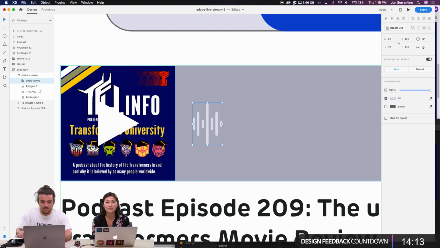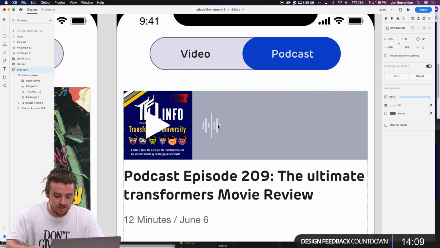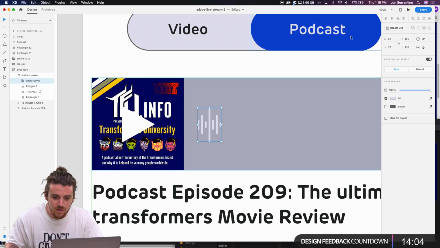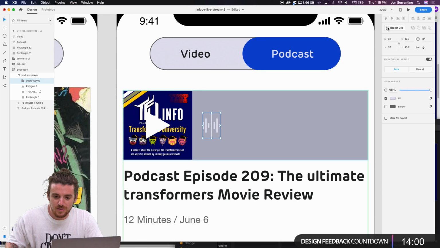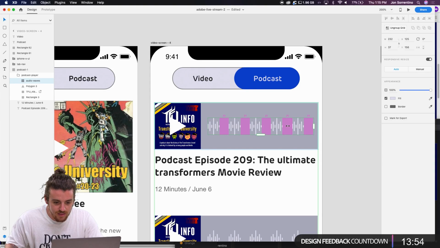So I found this really neat. With Repeat Grid, we could do things like components, but we also have this need to make an audio wave so it's not just a bar. I think we can use Repeat Grid here to make it look a little cooler, maybe a little more robot-esque. And then I can adjust it here, 3 pixels, and now we have this cool audio wave.